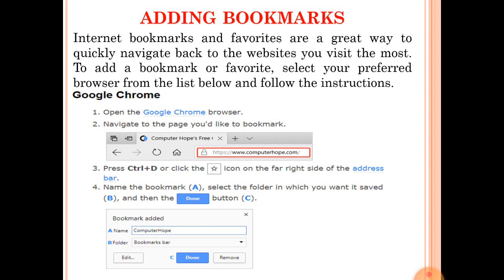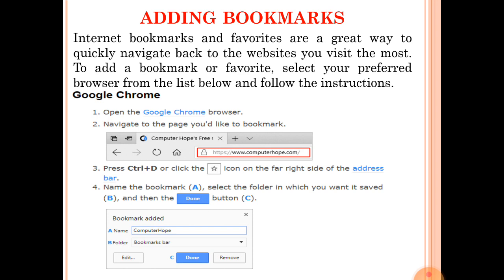You will see the name that you have given present at your bookmark toolbar. Next time when you would like to open the web page, click on your named bookmark, and the same web page or website will be opened. I hope you understood.